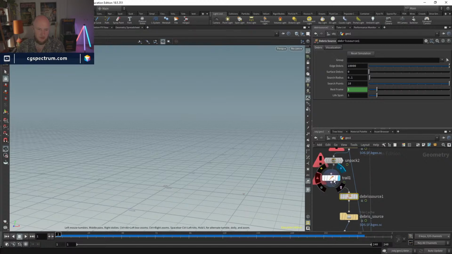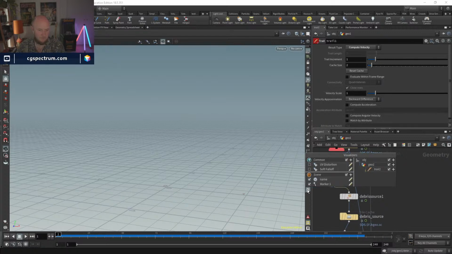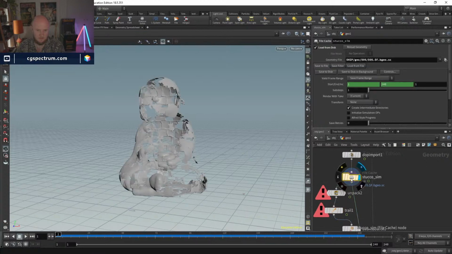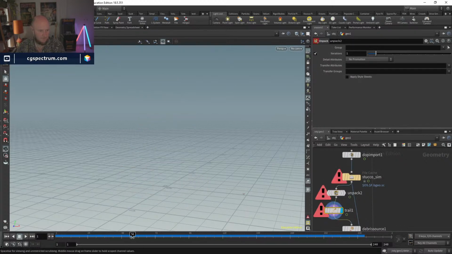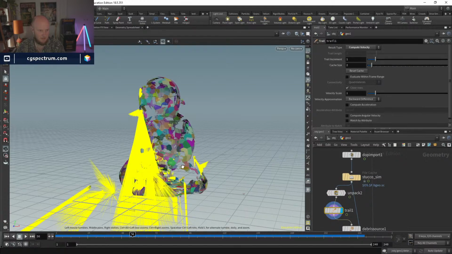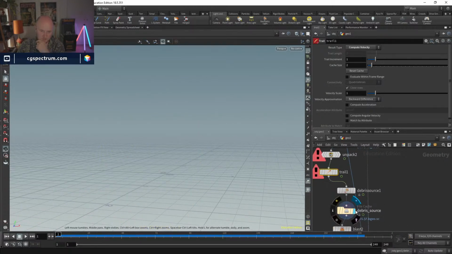So I'm going to calculate velocity. That's going to give me a velocity attribute. So I've created a marker here. This is just erroring. So we should see when they start moving. There we go. It's got some velocities. That's going to impart onto my debris source. Unfortunately, I'll have to